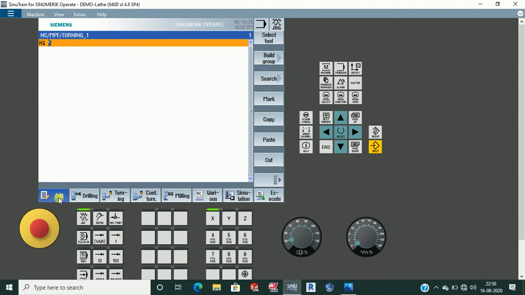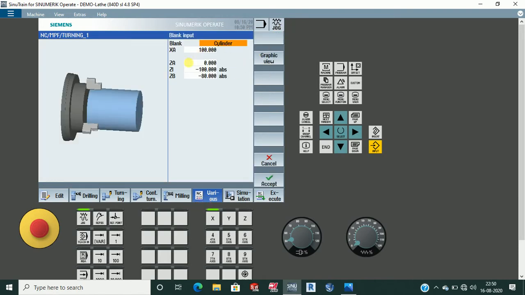We'll make use of every option in the vertical soft keys and the horizontal soft keys when we are doing a programming session. The programming session has started from today. So let's use the keys in the horizontal soft key. How to give a workpiece? Just click on the option Various. Then the option Blank comes up. Now we can give the diameter and the length of the cylindrical workpiece.